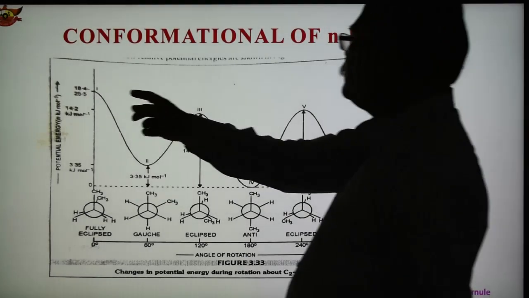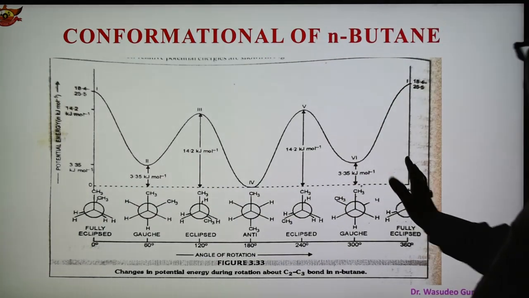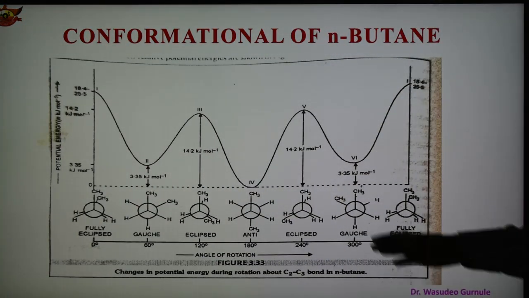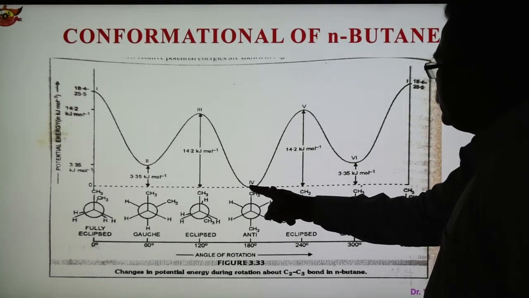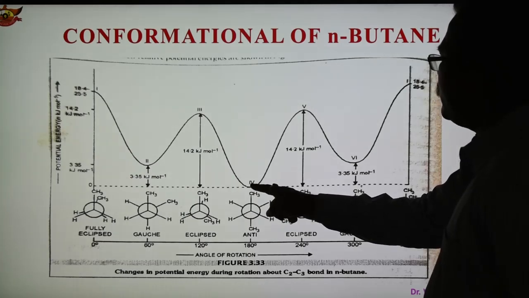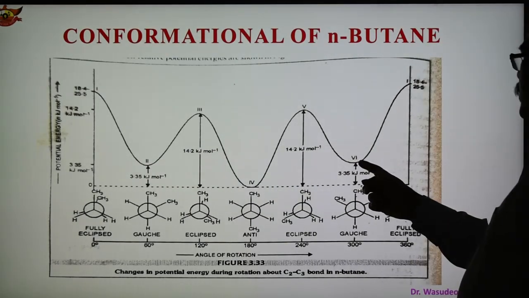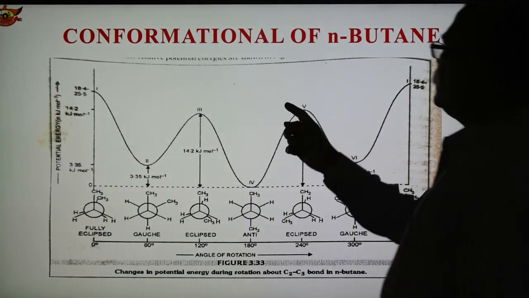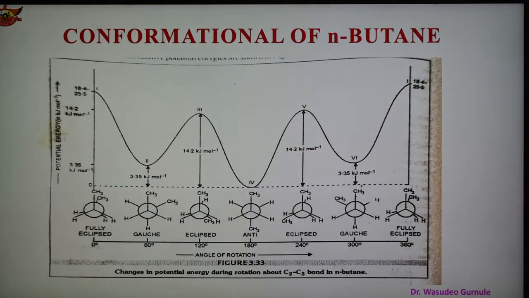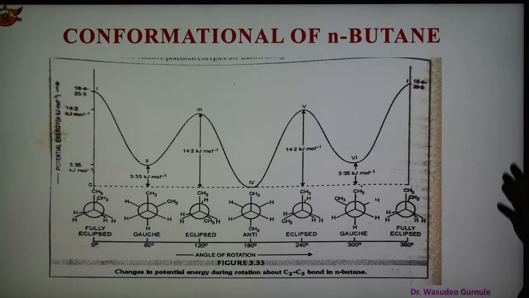And energy is also shown. This is the energy for this one, this is the energy for 2, 3, 4; different energies are involved. Now after observing all these 6 conformers, structure number 4 has the minimum energy, and therefore structure number 4 is the most stable. After that, structures 2 and 6 have low energy, so after this they are the most stable, and 3 and 5 have greater energy, and lastly number 1, which has the highest energy, is the least stable conformer.